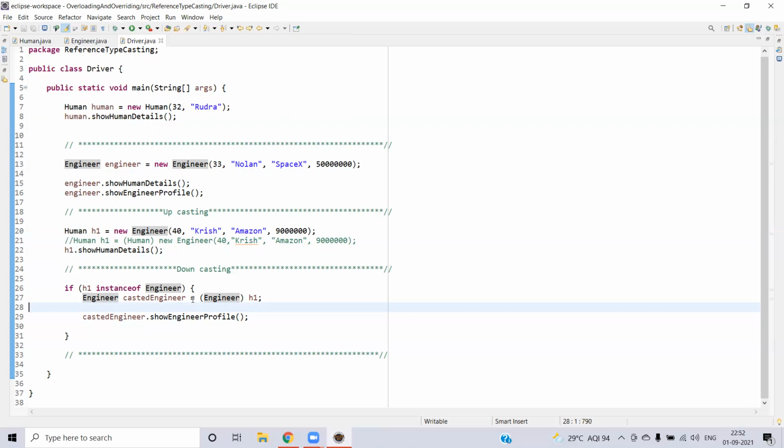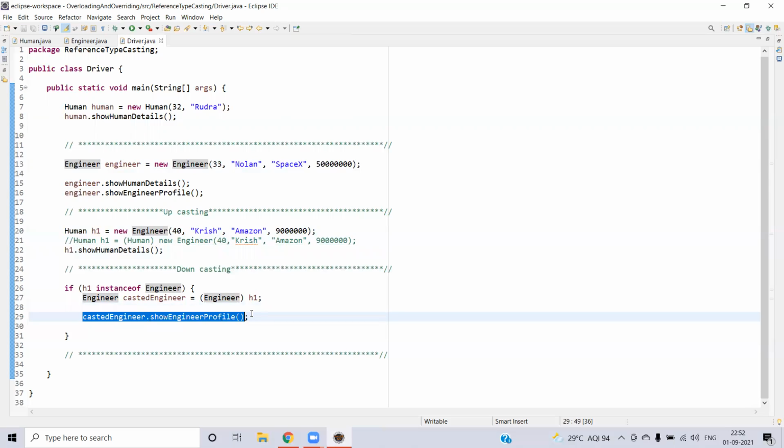Which means that once I confirm the type of subclass, I will just downcast to the subclass. Then I can use all the extra methods present in the subclass. In our case, the subclass is the engineer class. So that's the reason you can now use casted engineer dot show engineer profile, whereas before downcasting, you cannot use H1 dot show engineer profile.